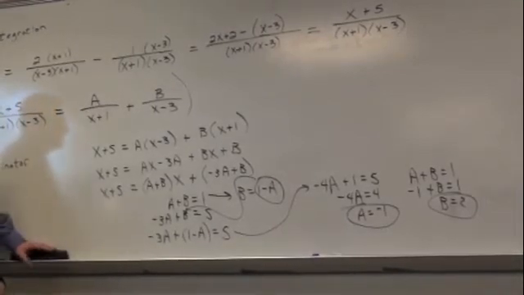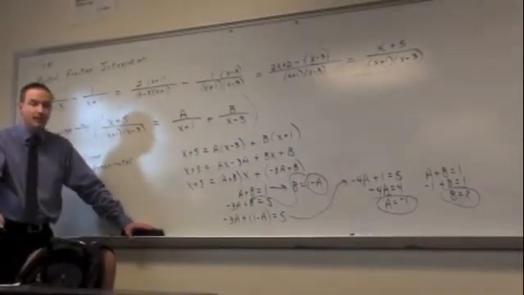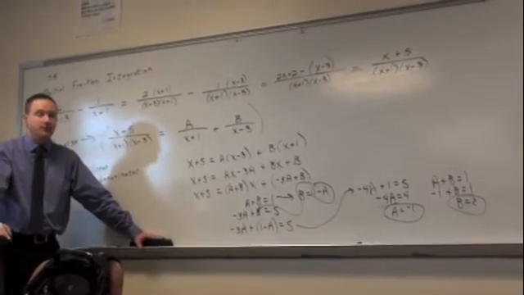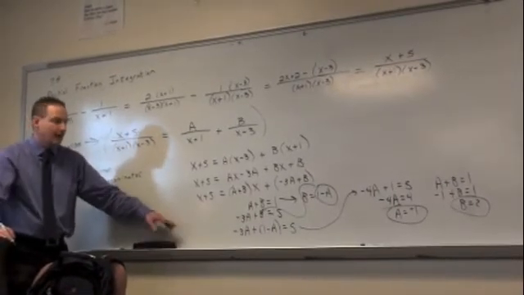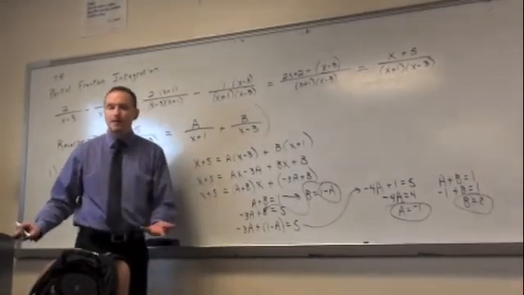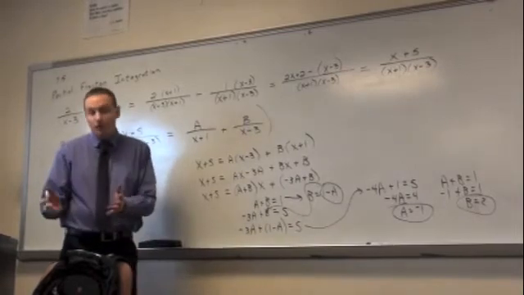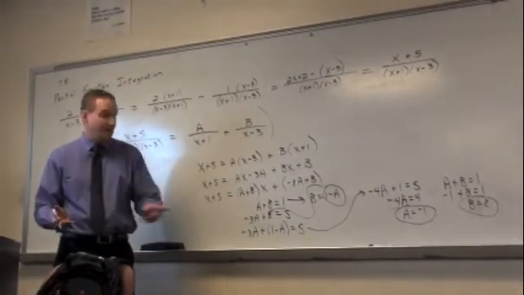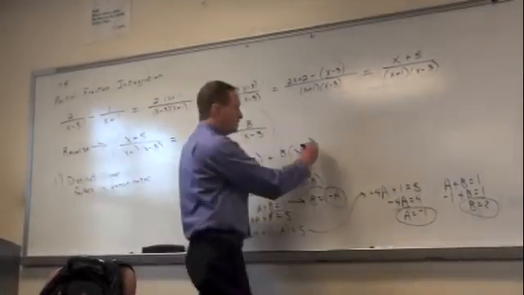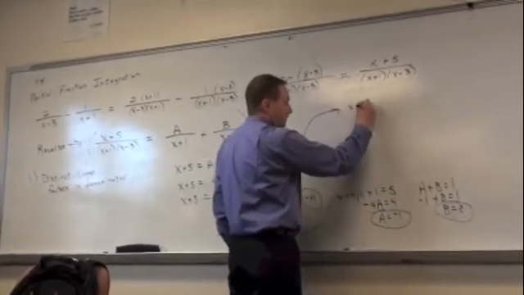However, this technique can get more complicated as your denominators do. We're going to have quadratic denominators down there. We're going to have groups like x plus 1 to the third, fourth, fifth power down there. As you do that, this technique gets more and more complicated. So you say, is there an easier way? Yes. And now you're not going to think it's a lot easier in this problem because that's pretty easy. In the more complicated problems, though, I would suggest this technique. Once you get down to this part,